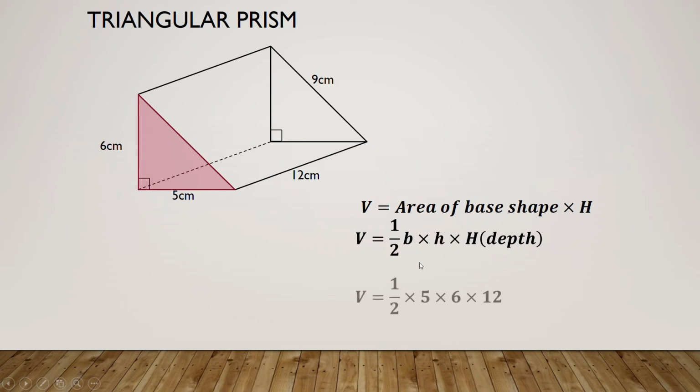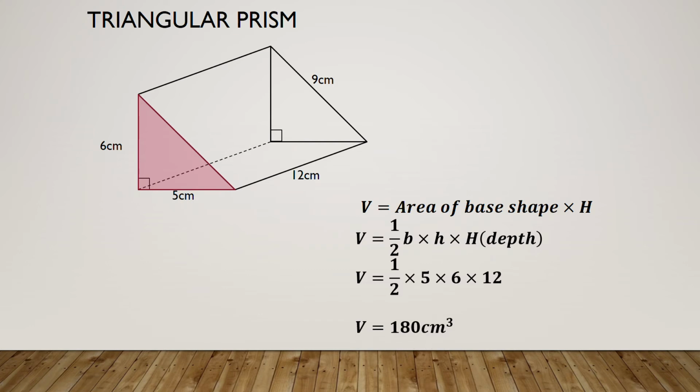Okay, so if I plug those values in, a half of 5 times 6 times 12 will be equal to 180 centimeters cubed. Don't forget that cubed because we're working with volume. Then, you'll need to just pause the video if you are still writing down, and I'm sure most of you are, we're going to move on to triangular prisms. Oh, we just did triangular prisms. We're going to move on to